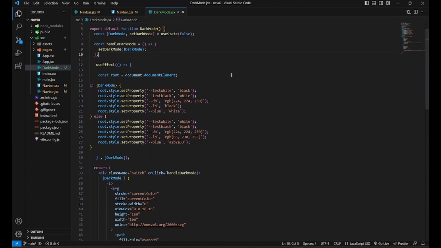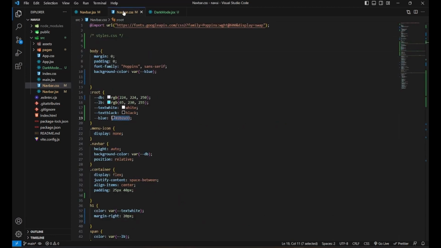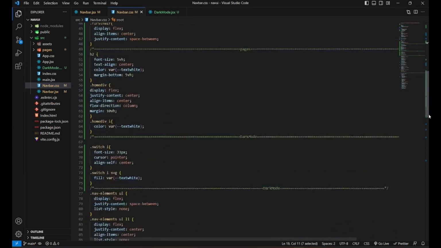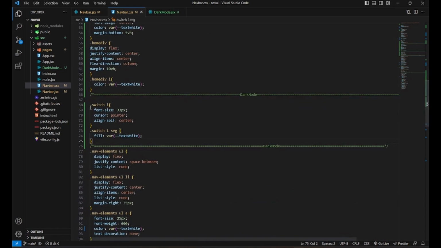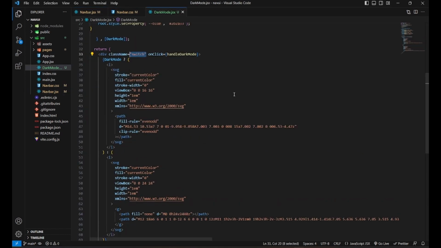Then we are using useEffect to access our DOM, I mean the document object, where we are accessing the root element. We have declared a dependency dark mode, and here we are using a conditional statement where the class name is switch, and we have styled the switch in navbar.css, where we have styled the switch icon and the SVG using the fill version, where we have changed the color of the SVG.